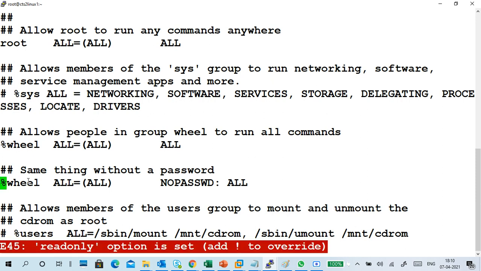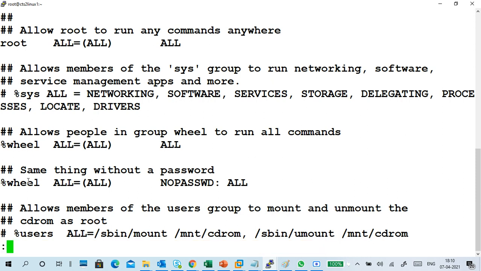It is asking, it's a read-only file. Read-only files you cannot write to. But I'm using root as the user, right? So I can override things. :wq! like this. See the bottom? Escape, colon, w, q, exclamation mark.